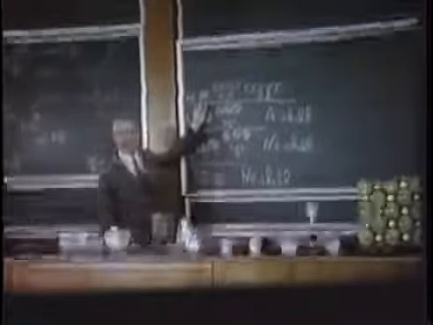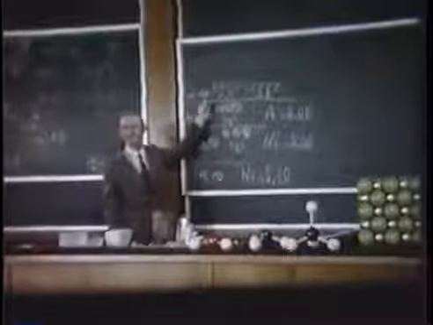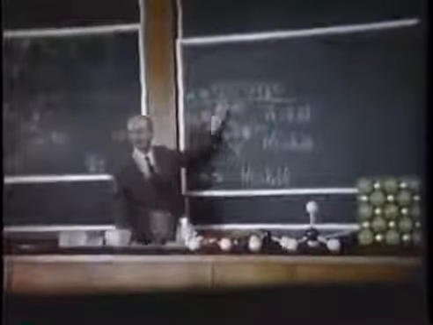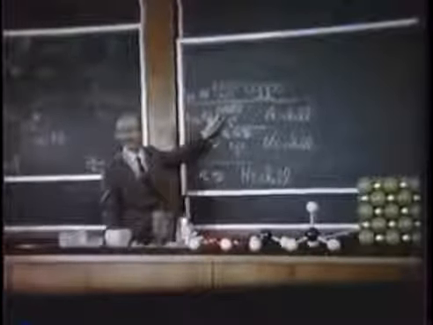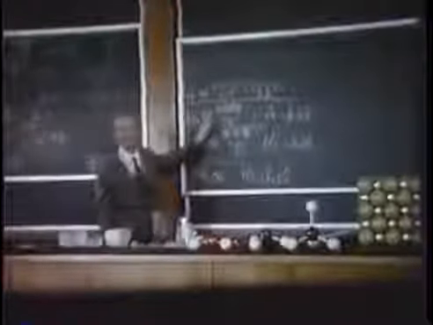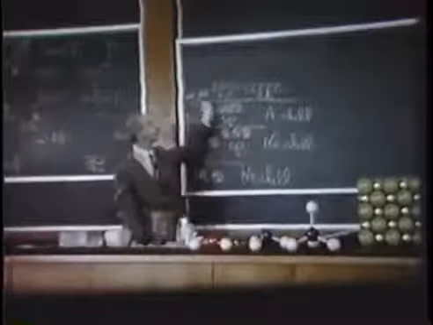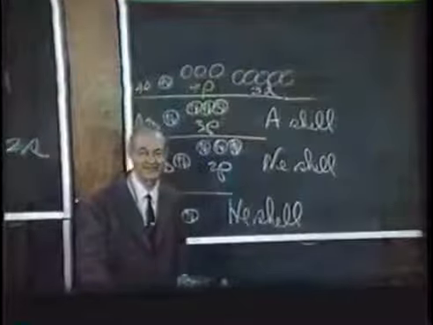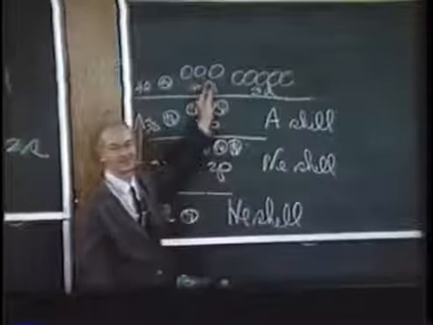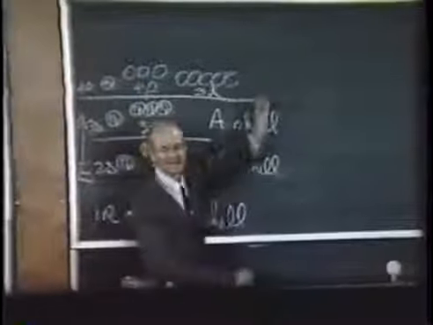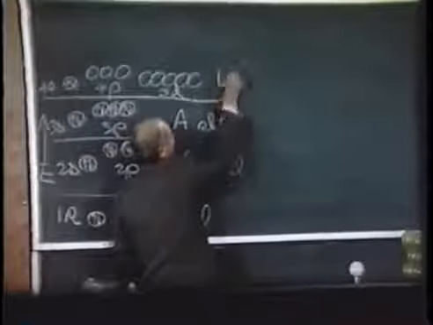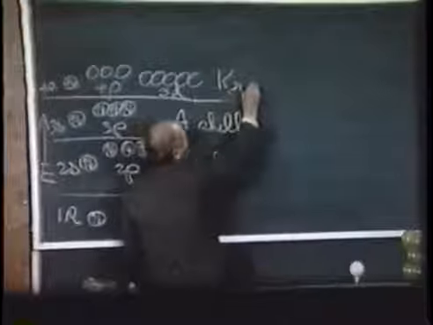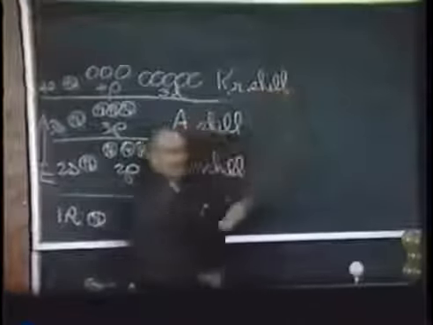These can be occupied by 18 elements, potassium, calcium, scandium. I think that I said scandium down here. Of course, here I should have said sodium, magnesium, aluminum, silicon, and so on. Here we have the first long period of 18 elements: potassium, calcium, scandium, titanium, vanadium, chromium, manganese, iron, cobalt, nickel, copper, zinc, gallium, germanium, arsenic, selenium, bromine, and krypton. This ends up with krypton, and we call it the krypton shell of 18 elements.